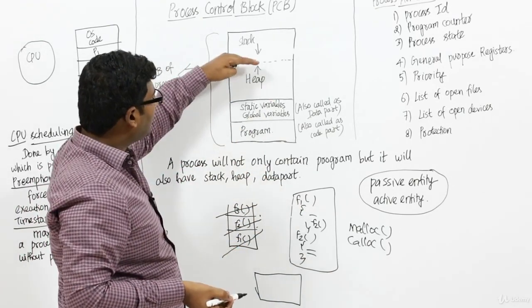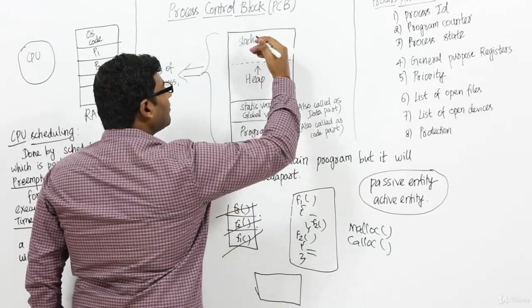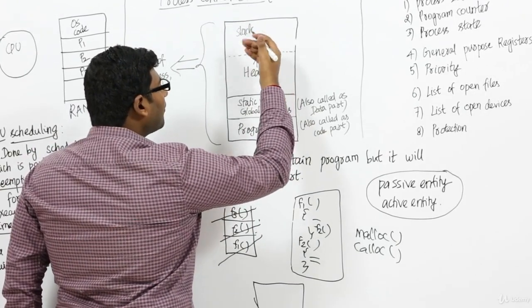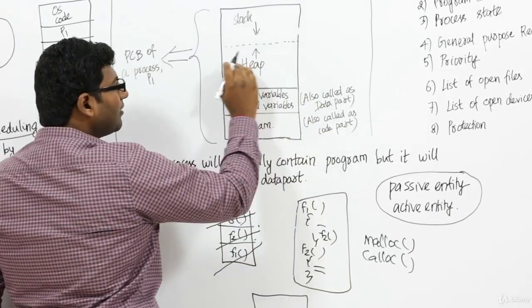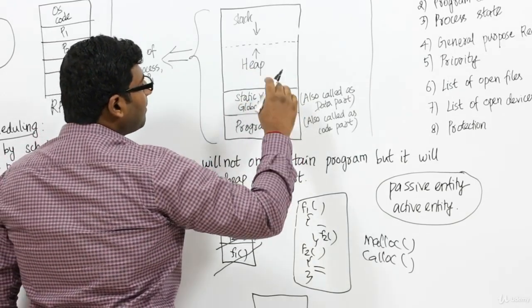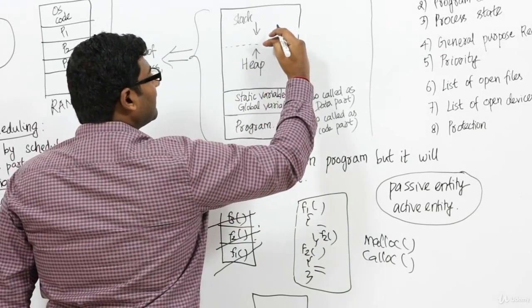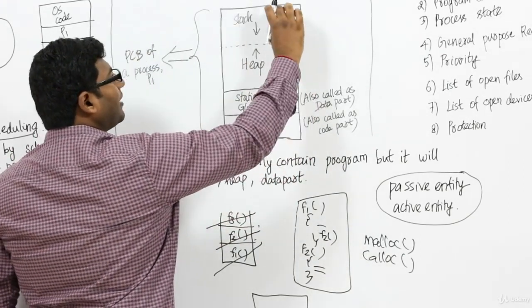So they are actually dynamic, which means the heap will be growing upwards whereas the stack will be growing downwards. Some programs may need more space for stack. In that case, stack will go till here, whereas heap will be having only this space. In some programs, heap may need more space. In that case, the heap will be allocated more space, something like this, whereas stack will be having very less